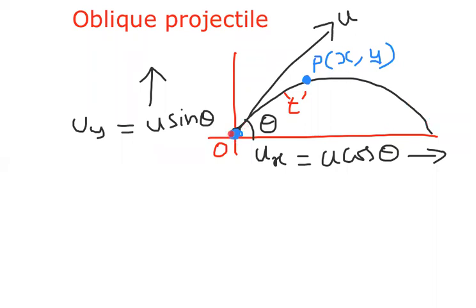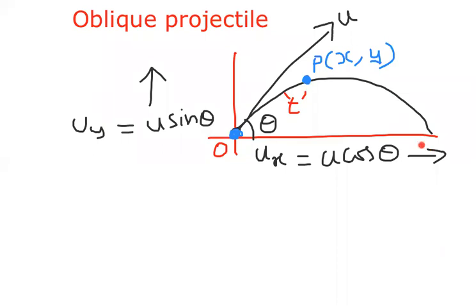Initially the body is at O, and it reaches the point P in a time t. It is projected initially in this direction with a velocity u, making an angle theta. Then the body went and reached the ground here. Now my discussion is only between O and P. By taking the point P, I have to derive the equation of this path. By observing that equation, I will decide what type of path it is.